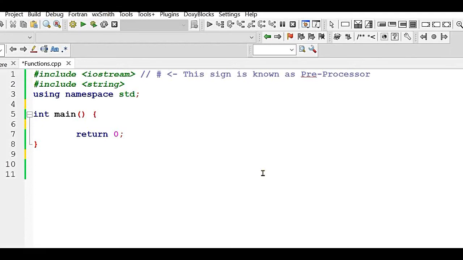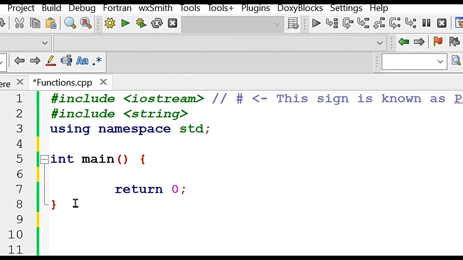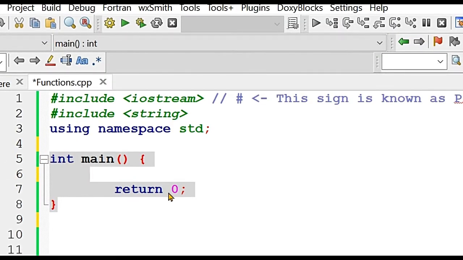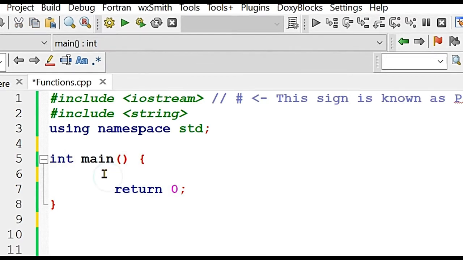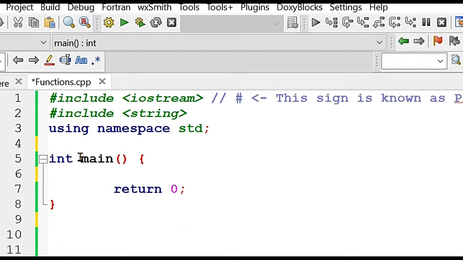Welcome to the new tutorial of introducing multiple parameters into a function. Right now in this program we have only the main function. So this is one of the requirements of any C++ program. So let's introduce the user-defined function,